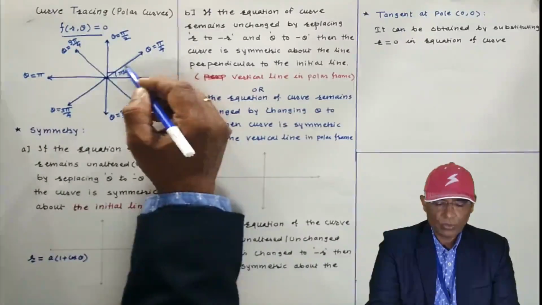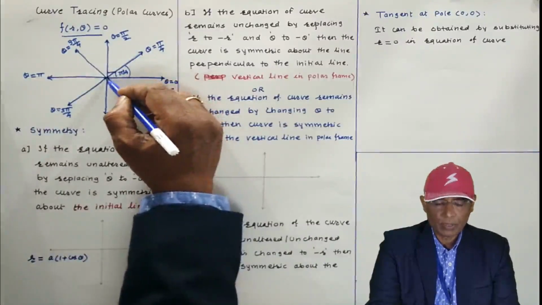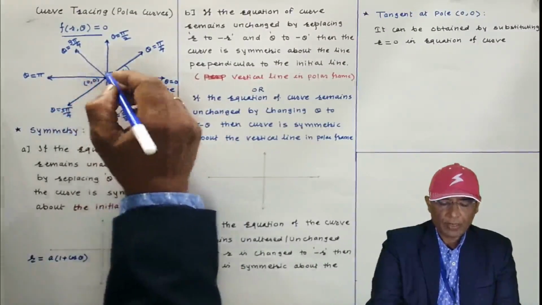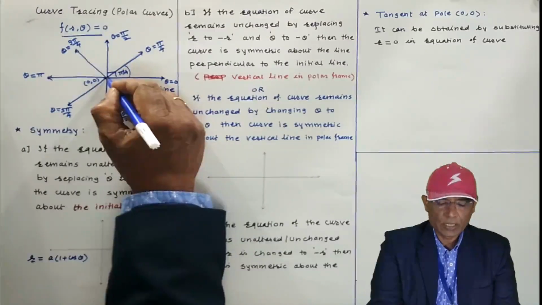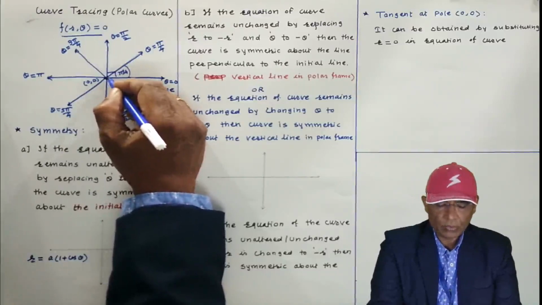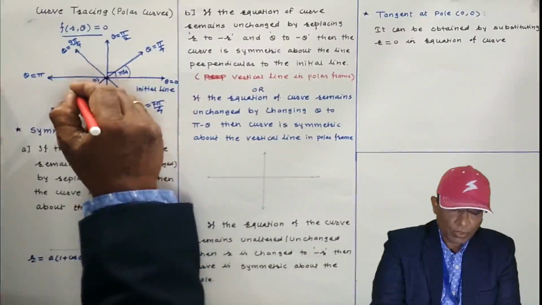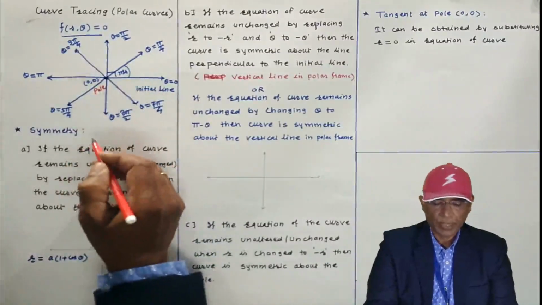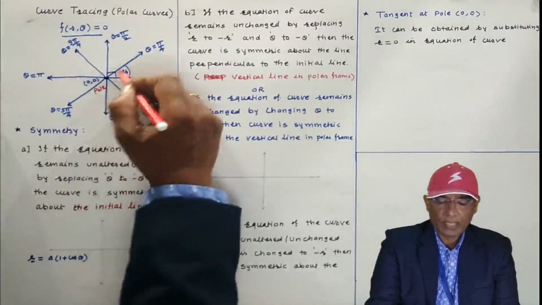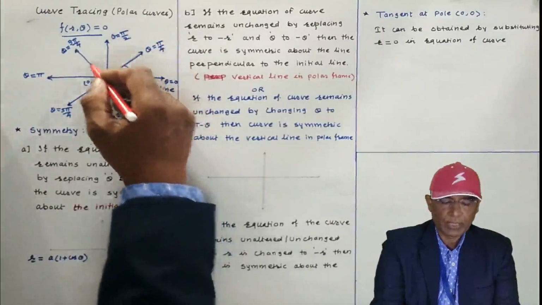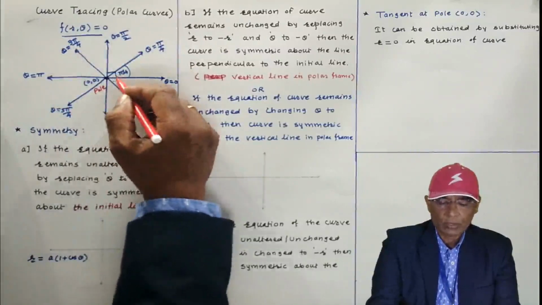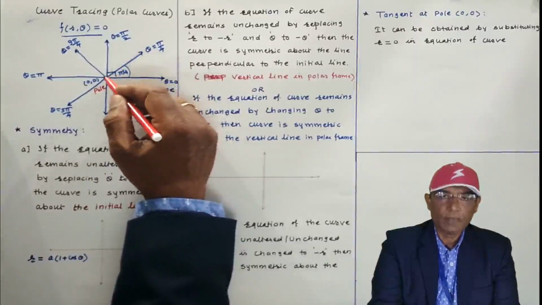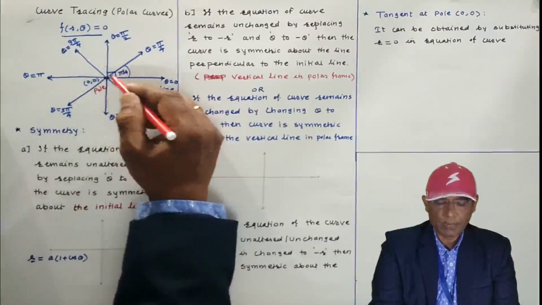In the polar frame, we have radial lines. These lines originate from this point. This point is called the pole. The coordinates of the pole are 0, 0, where r is 0, the radial distance is 0, and theta is 0. This is theta equals 0, theta equals pi by 4, theta equals pi by 2, theta equals 3 pi by 4, and so on. So you may draw theta equals pi by 3, theta equals pi by 6, 2 pi by 6, 3 pi by 6, 4 pi by 6, and so on.